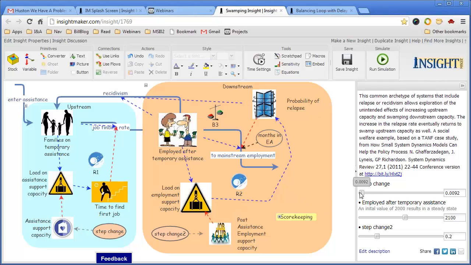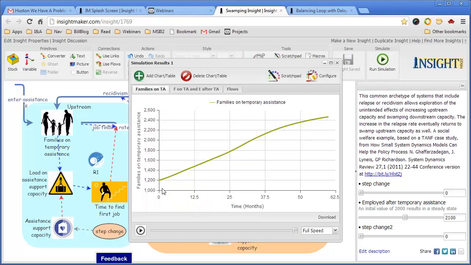In this particular situation, when the model is initially put together and run, there is this portion of the model where one group of people is providing support, and the families then move to being supported by another group of people. And running the model itself shows that over a period of time, the number of families on temporary assistance in this particular group